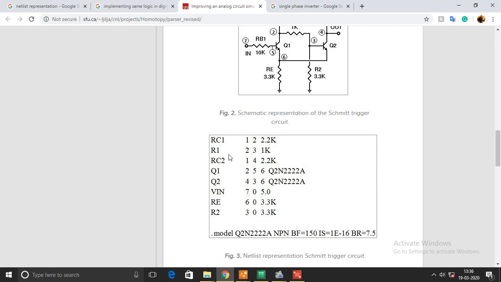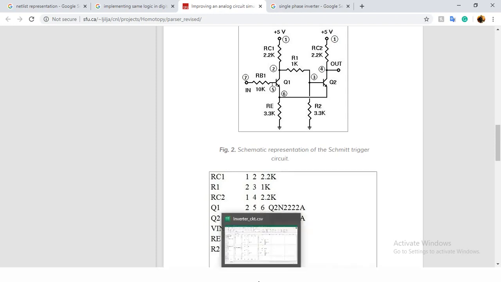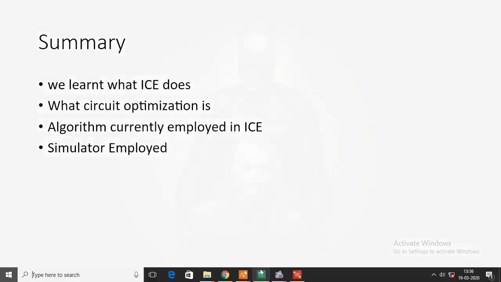So this is what the netlist format is. See the R1. This is the resistance here, R1. Its value is 1K. It is represented in this tabular format. R1 is connected between node 2 and node 3 and its value is 1K. This kind of representation is the netlist representation. In the case of very large circuits, it is very difficult for the user to visualize as well as write in this format. So we decided to move to this simulator, which could help us in drawing in CSV format. I'll show you what is done by CSV format.